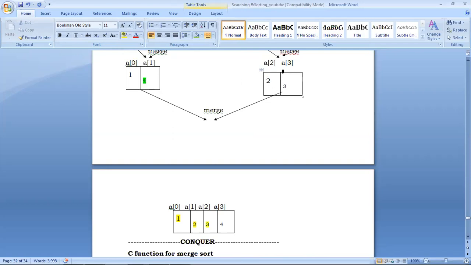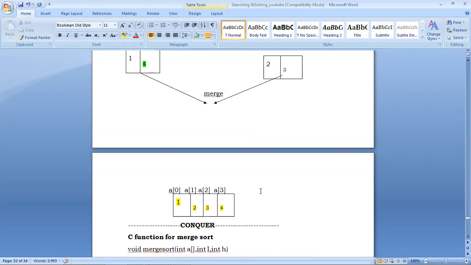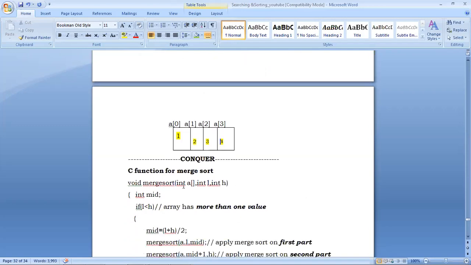Now all the values in the second part, a of 2, a of 3, are copied already. So simply you copy the first part's second value, that is 4, into the middle part. Now 4 is copied. So now after combining, the array contains 4 values, 1, 2, 3, 4, which are already in sorted ascending order. So this combining step is called the conquer step. Now we see a C function for merge sort, where merge int A is an array,